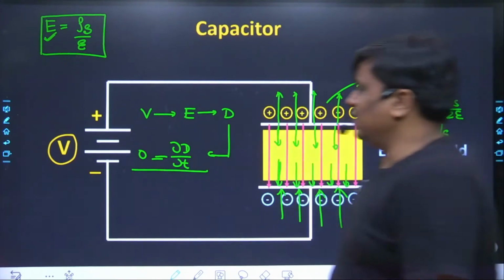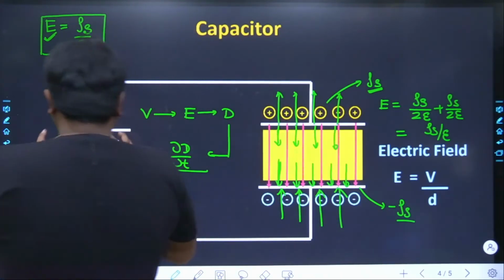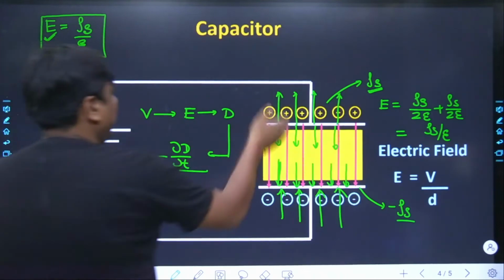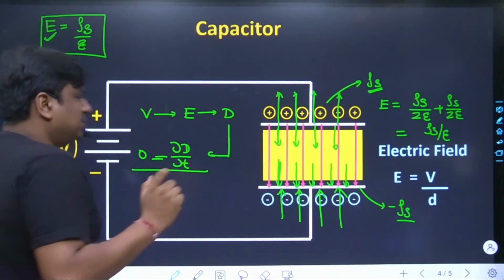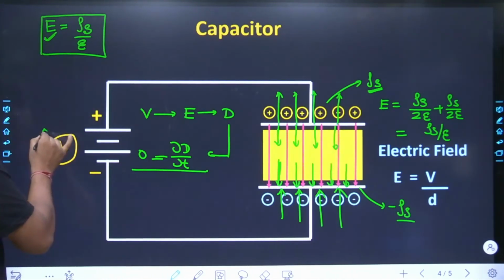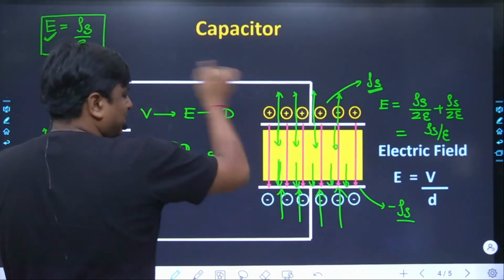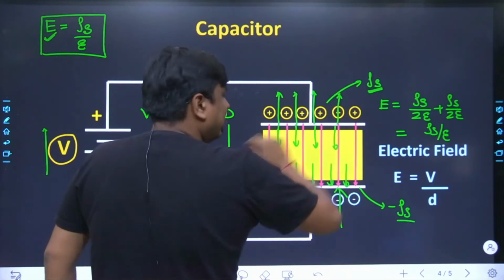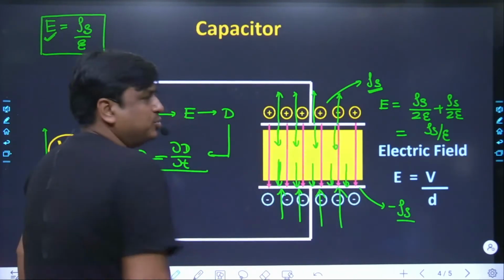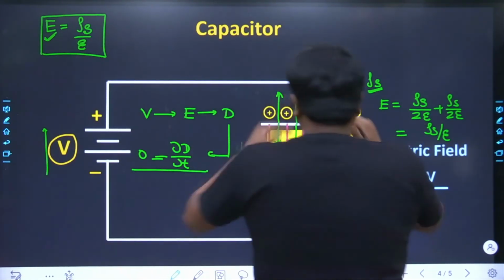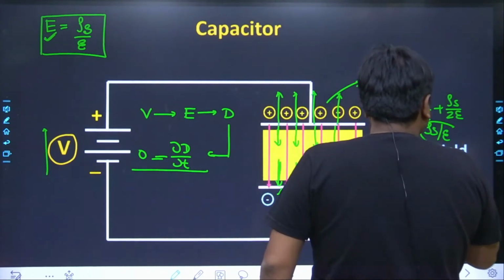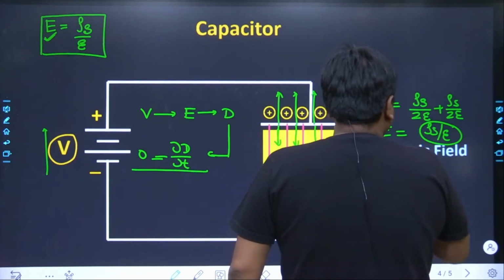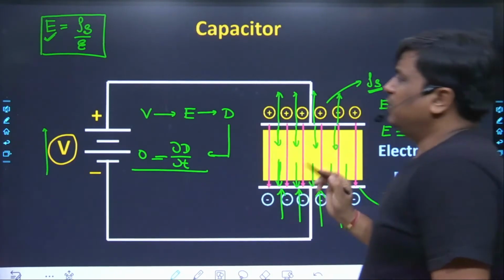Deeply, if you want to understand what happens, here the voltage V has been placed. Because of V, there is the movement of electrons from here to here. As the V becomes stronger, there would be more attraction of the electric charge, a more strong surface charge distribution, and as the surface charge distribution on the two plates, upside and downside, are added together, the electric field intensity is rho s divided by epsilon. But one thing is quite sure,